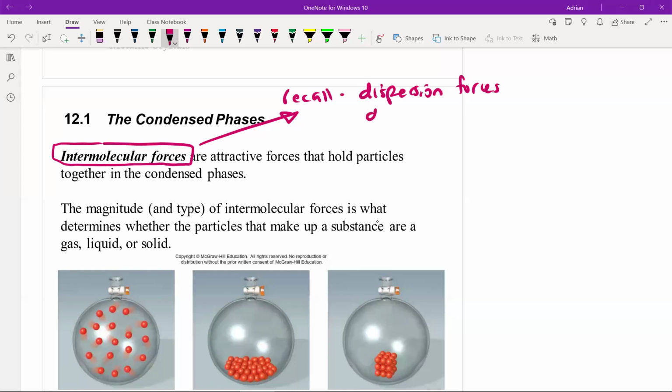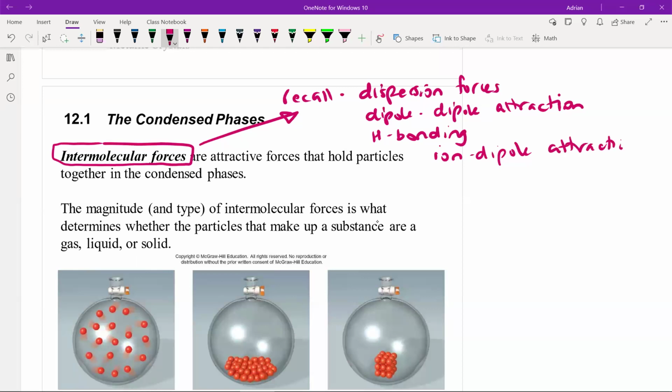We had our dipole-dipole attractions, which you find between polar molecules. We also found hydrogen bonding. We had special criteria that need to be in place for that to exist. We also saw ion-dipole attractions as well. Okay, so we're going to be invoking all of these intermolecular forces to explain some of the characteristics of